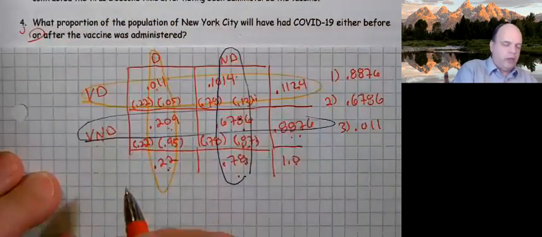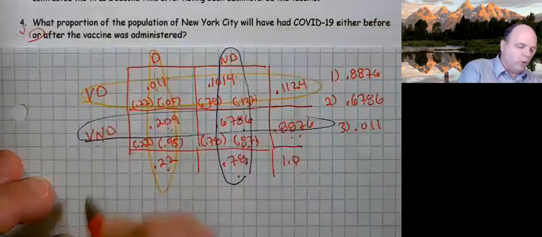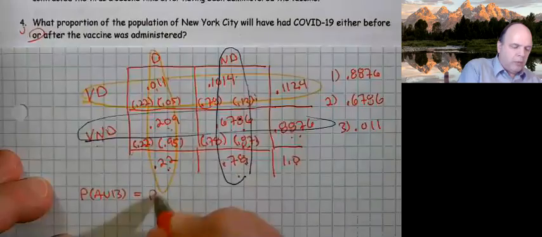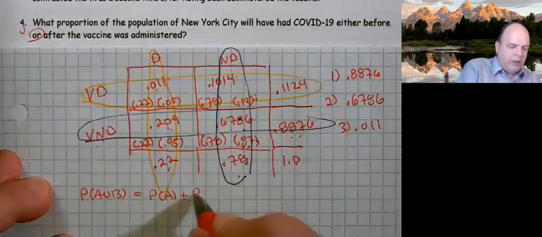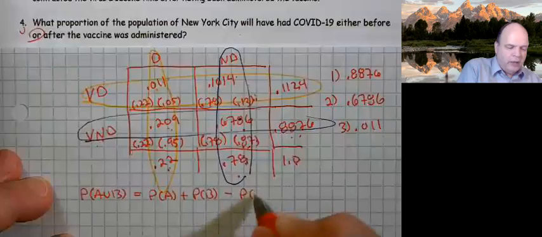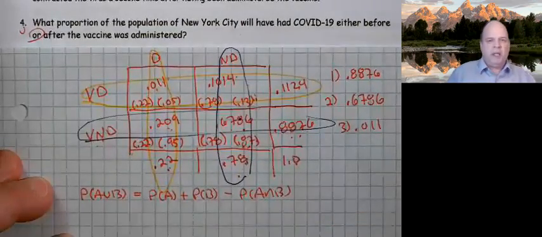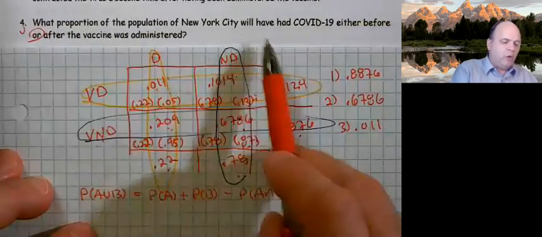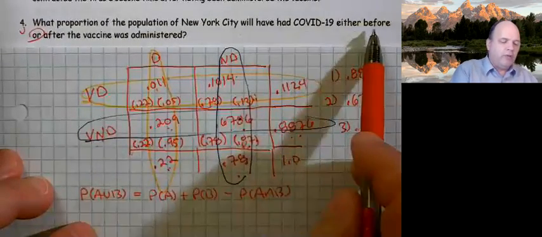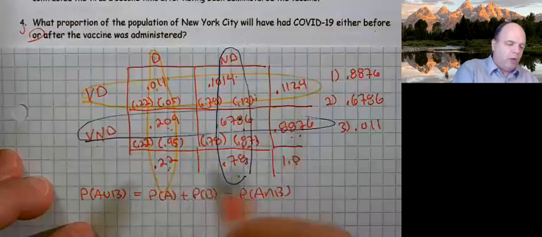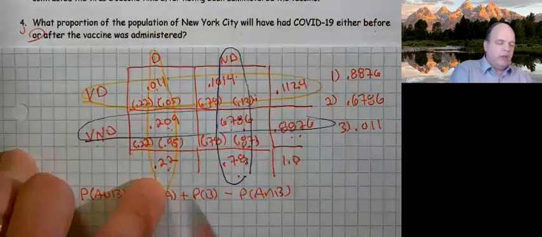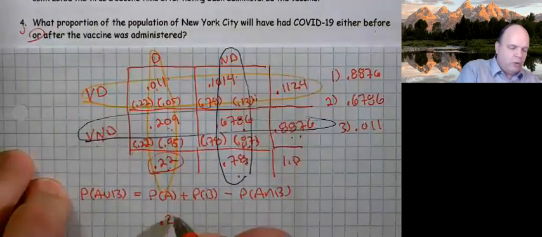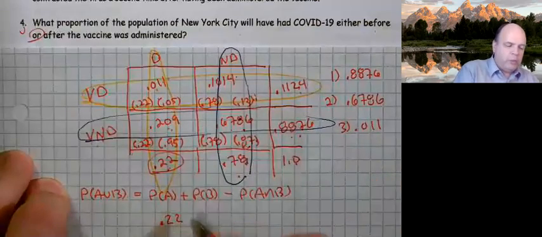And as soon as I think union, I write down the general addition rule: the probability of A union B equals the probability of A plus the probability of B minus the probability of A and B. So in this case, what proportion of New York City will have had COVID either before or after? I'm looking for the diseases. This group got a disease, so I'm going to put that down as 0.22. And this group had the disease, which is